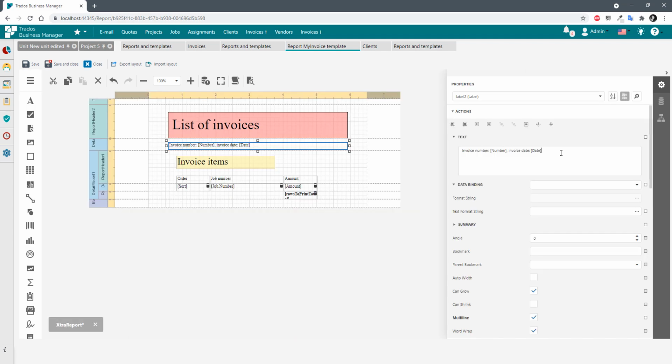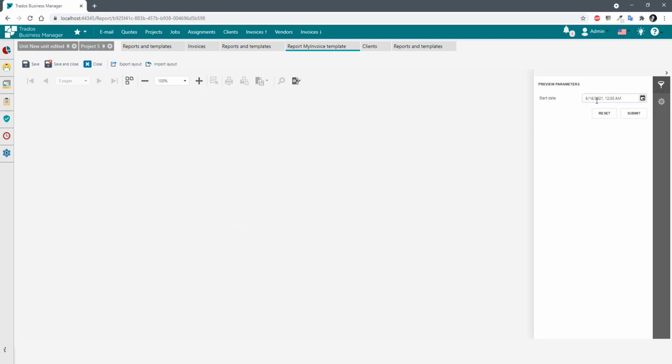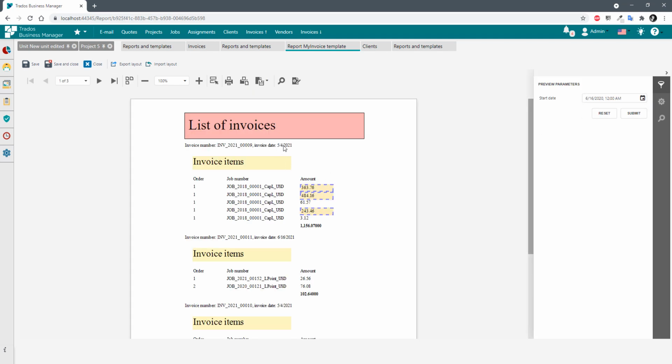And to do that, before the closing bracket, I type an exclamation mark, and after the exclamation mark I type the formatting which I want to use. For example, it could be D, which means short date format. And now let's go back to preview, submit, and you can see that we get